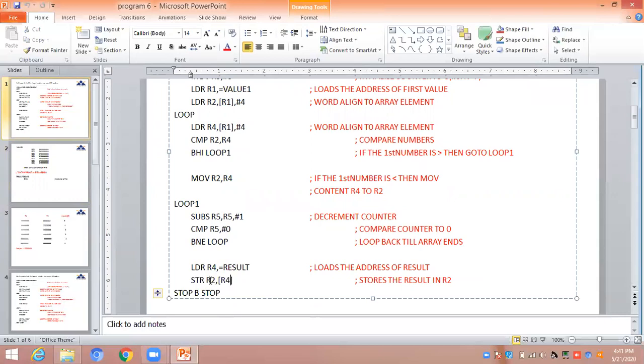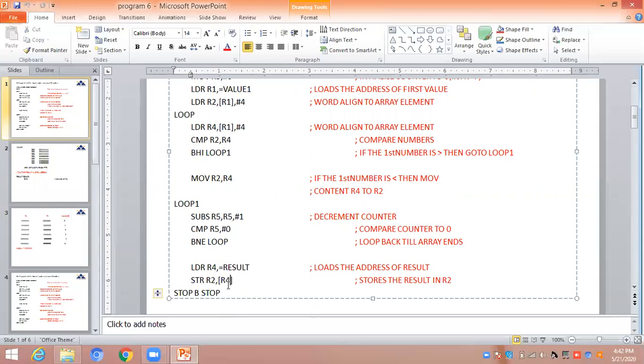The final result, the largest number, is present in R2. That we have to put into that memory. So we are making use of the store instruction. All of you know the store instruction will take the contents from the register into the memory location. So R2 is holding the largest number, and it is stored at the location held in R4. In this way, the largest number can be stored in the memory as well.